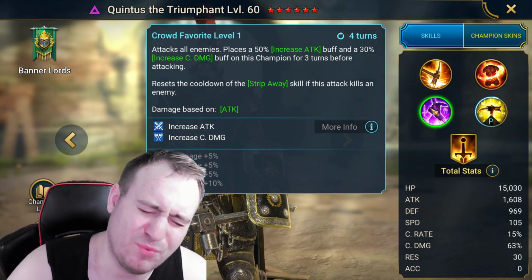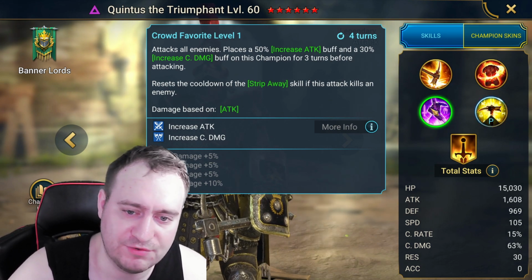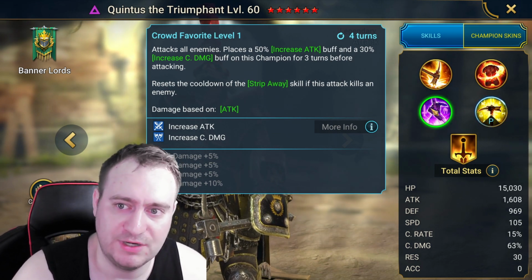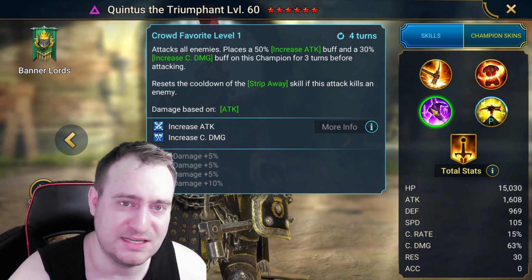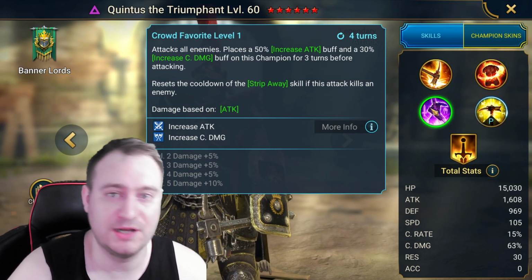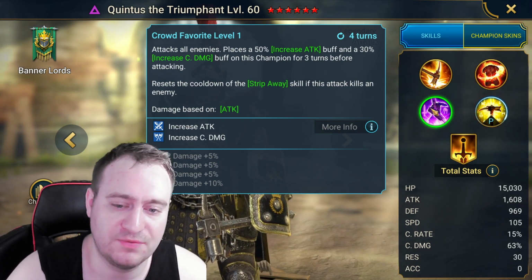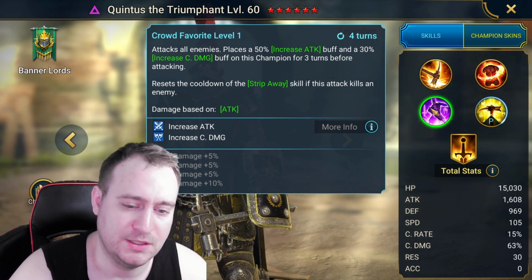I kind of want a little bit more on this ability, in all fairness. Like, the cooldown is really nice. I know it sounds greedy to say I want a little bit more for this, but in a day, he's a super hard champion to get. You put in a lot of work, a lot of grind, a lot of resources. So I think asking for a little bit more from what I'm reading right now is